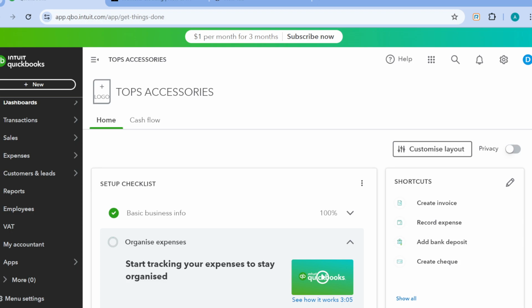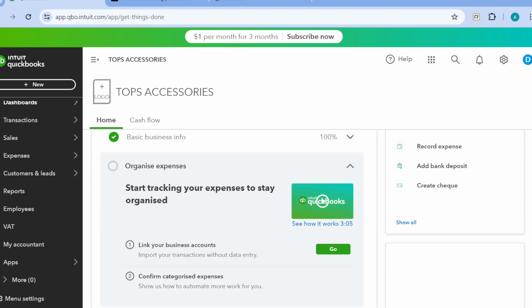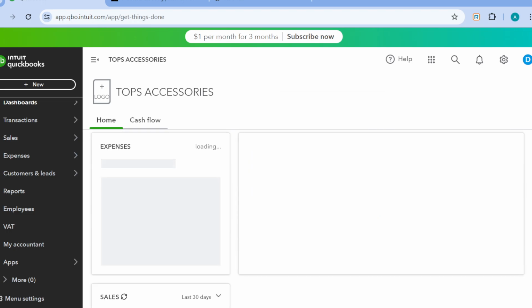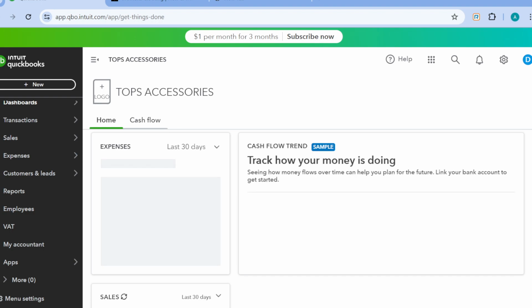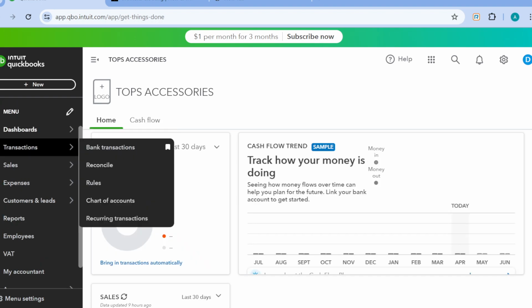So the first step is to log in to your QuickBooks account. Once you're logged in, you'll be brought to your home page automatically. On this page, you would see different options. You will see the home page, you will see cash flow. Then once that is done, the next thing to do is to move to the left